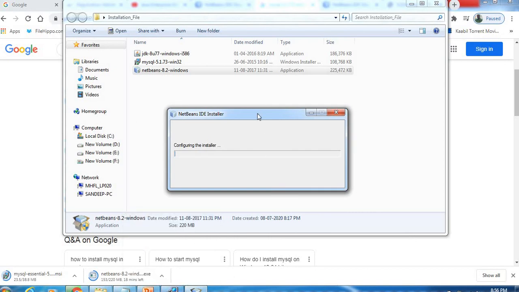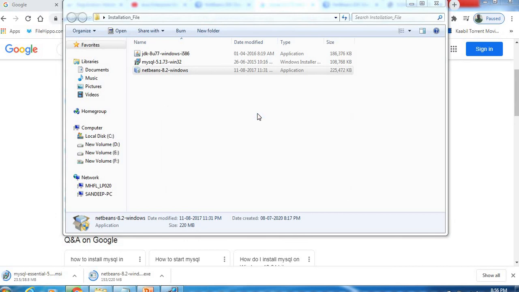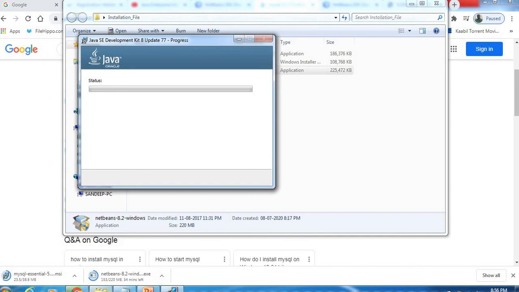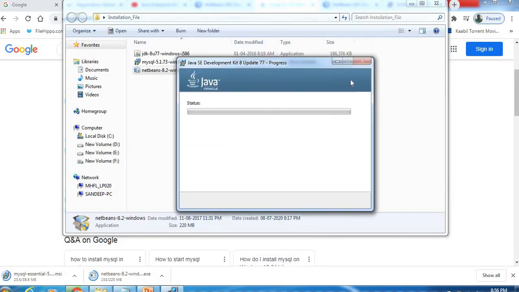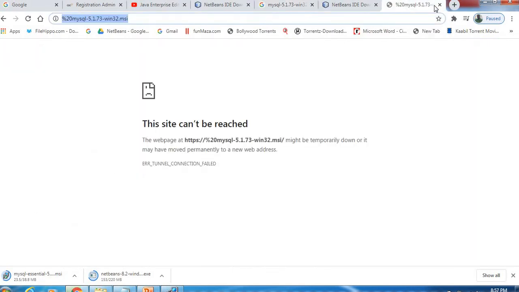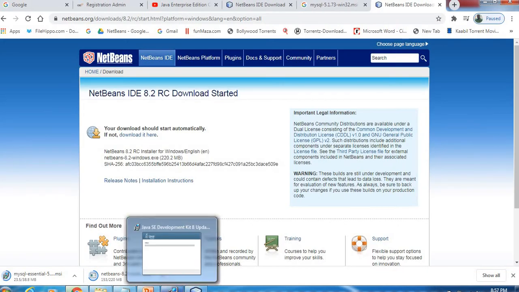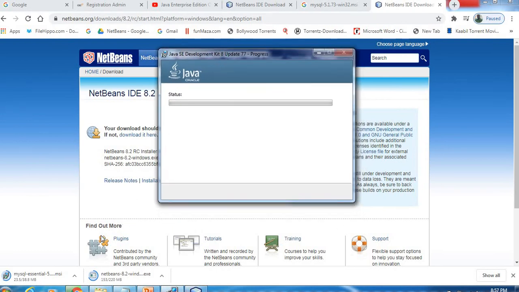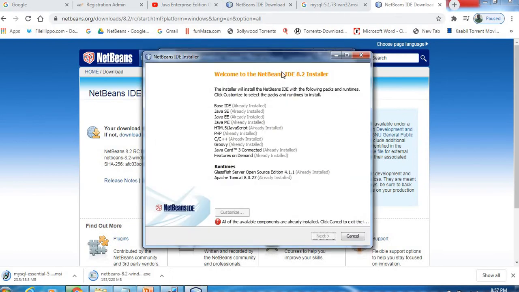Okay, as you can see that the NetBeans IDE is going to start. Yeah, this process is also going on, and the NetBeans file also started here. Okay, yeah, so NetBeans is also going on.